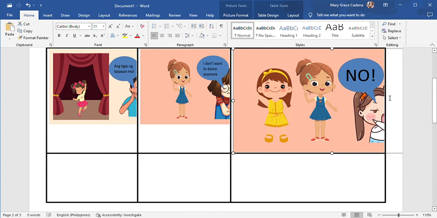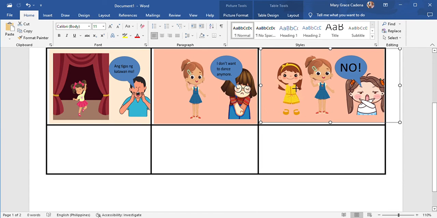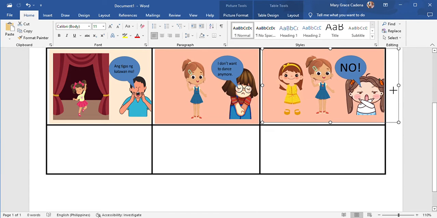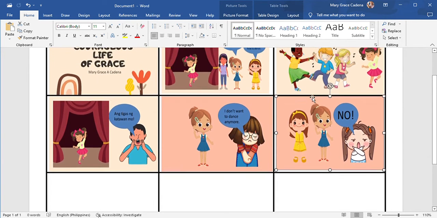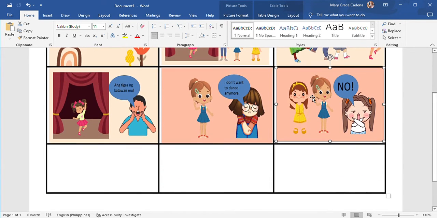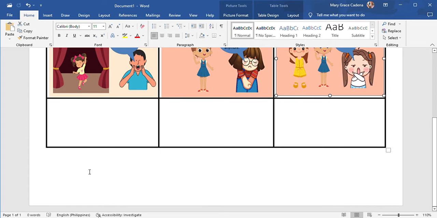For those who have difficulty in drawing or getting a nice picture for your comic strip, that's the easiest way to do.